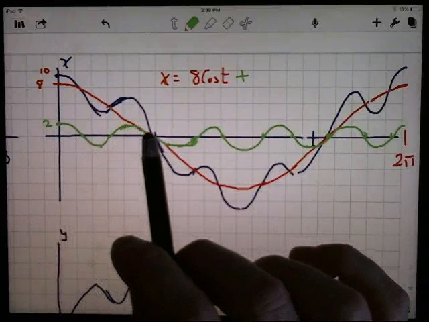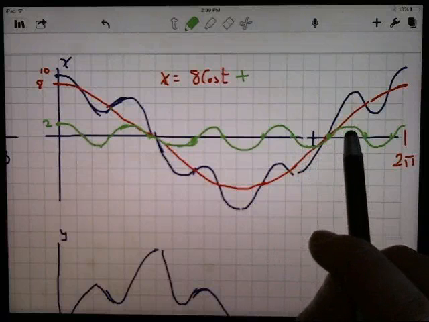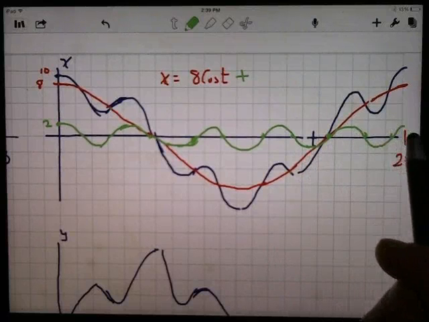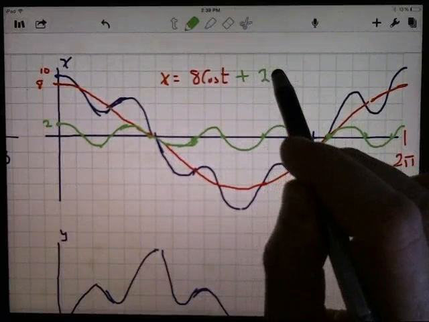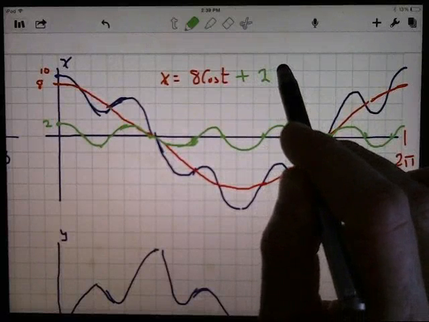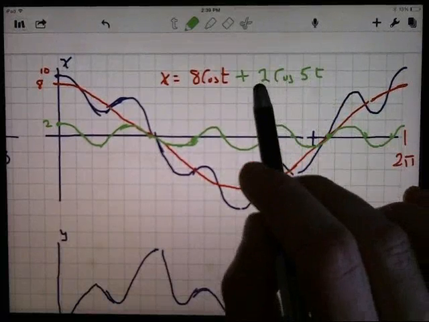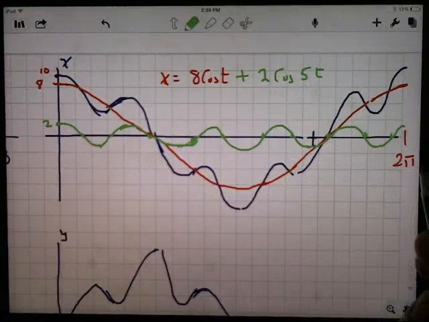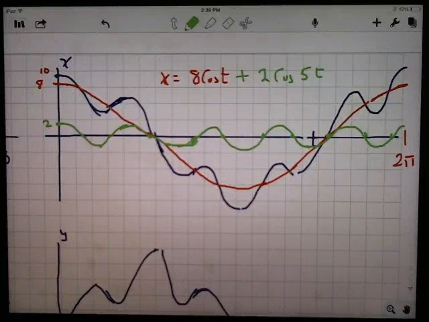I've got 1, 2, 3, 4, 5 cycles of that cosine curve in 2 pi. So that looks to me like it's probably a 2 times cosine of 5t. 2 to get the amplitude, 5t to get the period to be 2 pi divided by 5. Right? I'm going to switch over to the computer right now and see if that actually looks like the appropriate